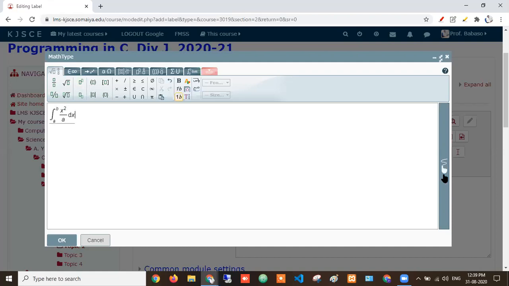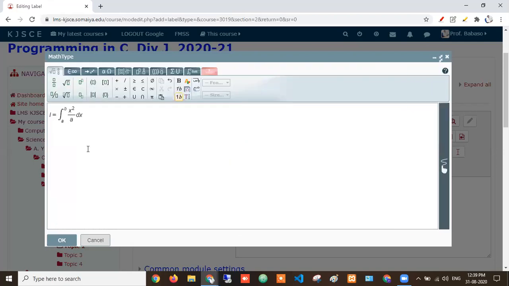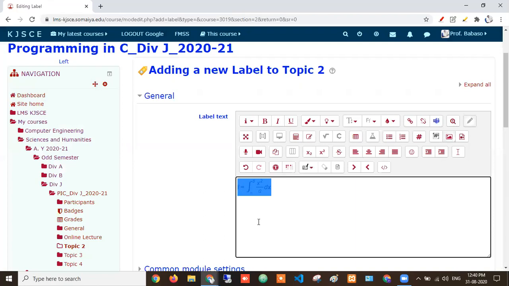For example, you want freehand sketching. For example, I write something like I is equal to, and this will be directly converted. You will see it here, and automatically it will be converted. If you want to add this in the editor, just click OK. This equation will be here for you. So you can add the equation very easily.